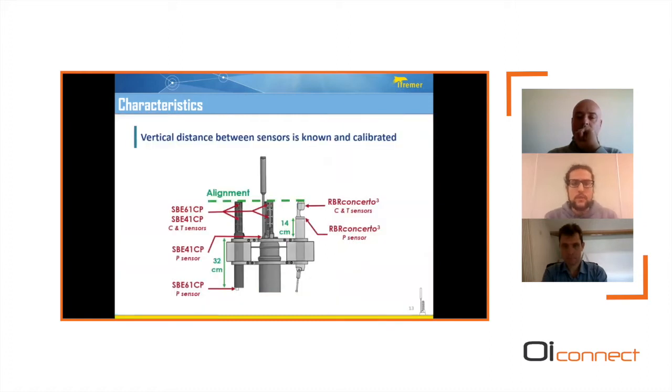And this slide shows what are the mechanical aspects of the floats. So basically, we have to add two synthetic foams and a new ballast to adjust buoyancy, as well as HDPE collars to maintain the floats. You have the SB41 here on the float, and side by side you will have the SB61 here and the RBR Concerto here.